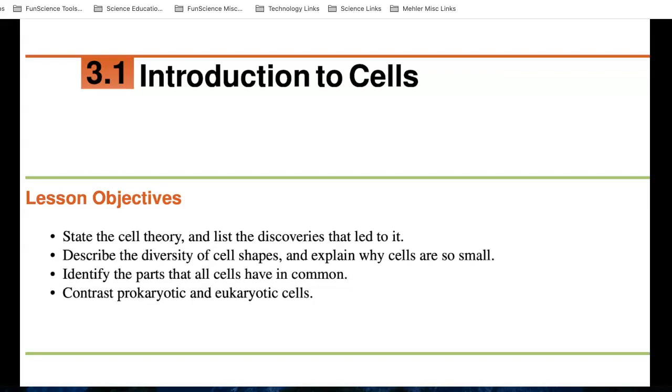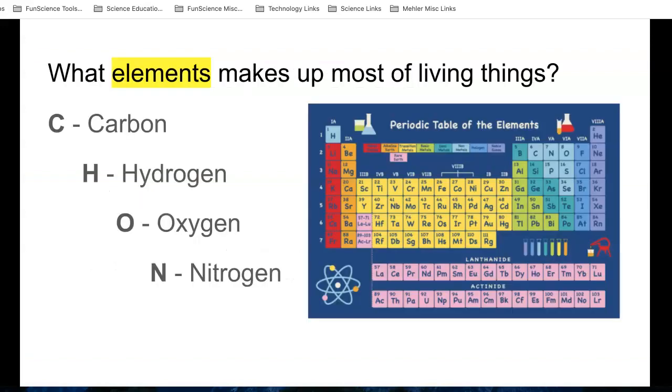In our first chapter in the STEM Challenge, Chapter 3, an introduction to cells, Section 3.1, we're going to be looking at the cell theory, the diversity of cells, what all cells have in common, but also the difference between prokaryotic and eukaryotic cells. But first, before we get to cells, we need to go back a little bit and talk about